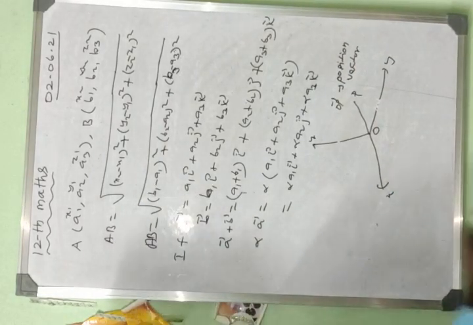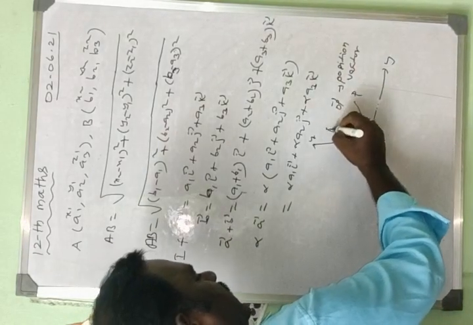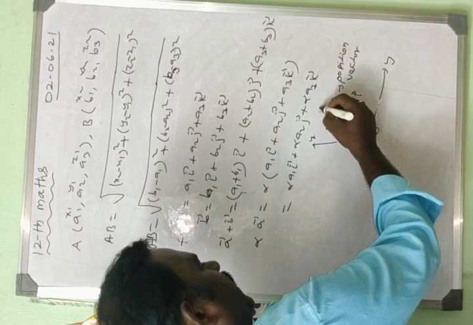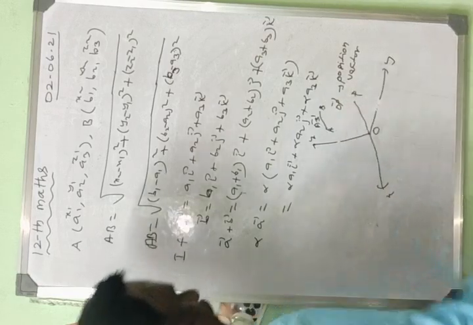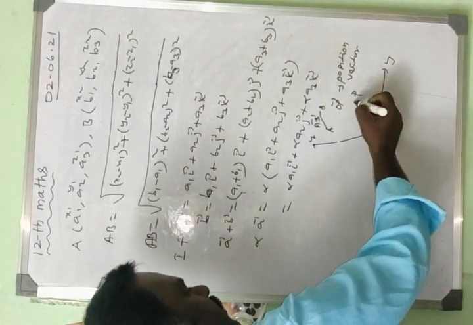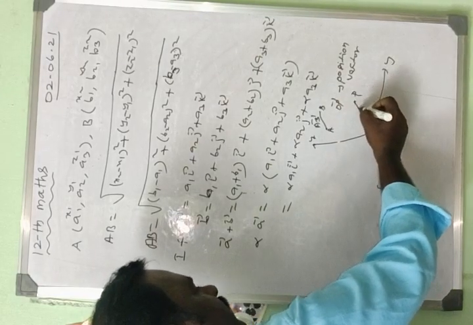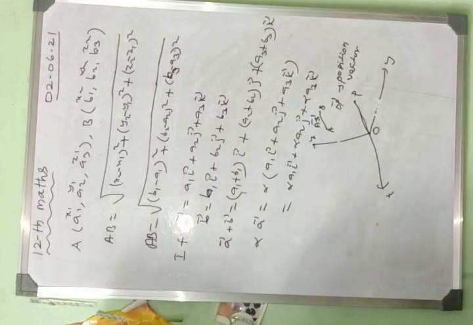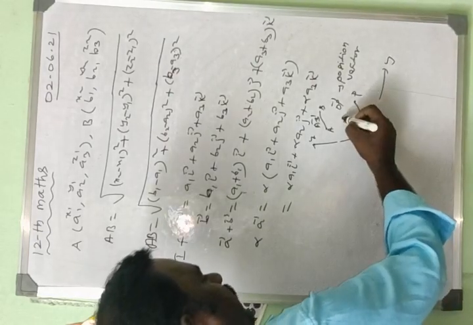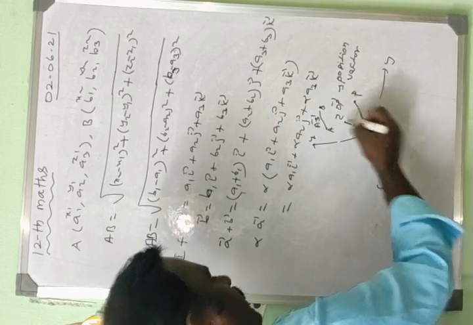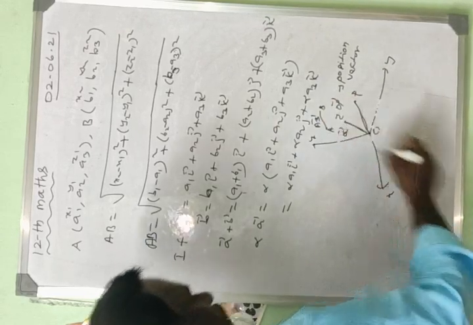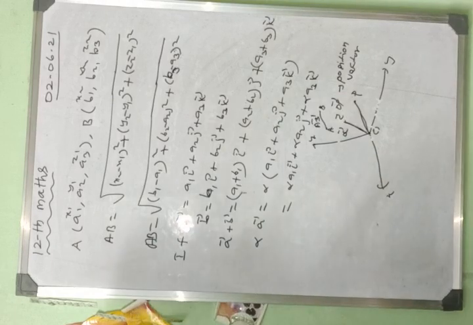Suppose we take a vector from A to B. This is not a position vector. Only a vector from the origin to a point is a position vector. Suppose we put a point C; from O to C, joining this line segment, this is the position vector OC. Like this, this is a position vector.